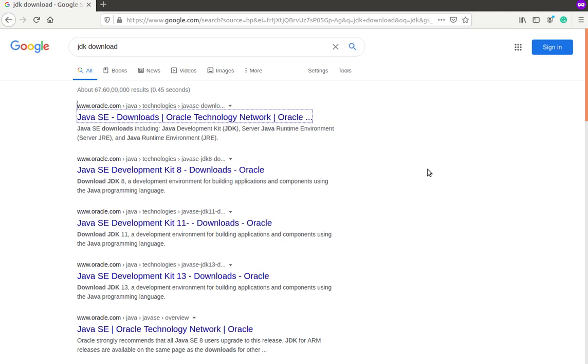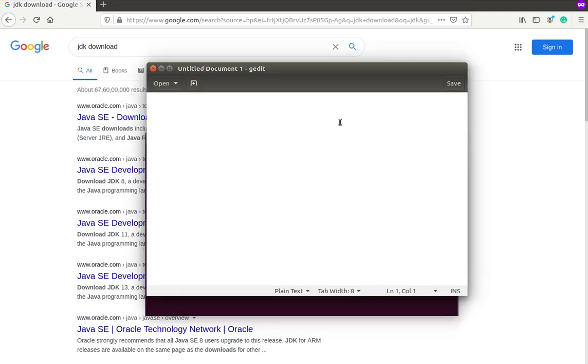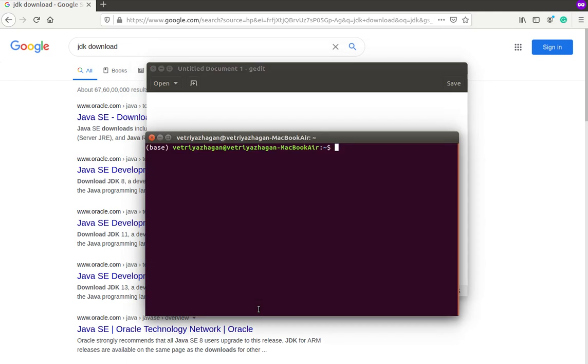So you should try on your own to install Java. Then post installation, let's see how to run a simple Java program. Let us see how to run a Java program. Create a Java program and run it in normal mode. Let's say we use a text editor to type the program and save it. Then we use a terminal or a command prompt to run the program.